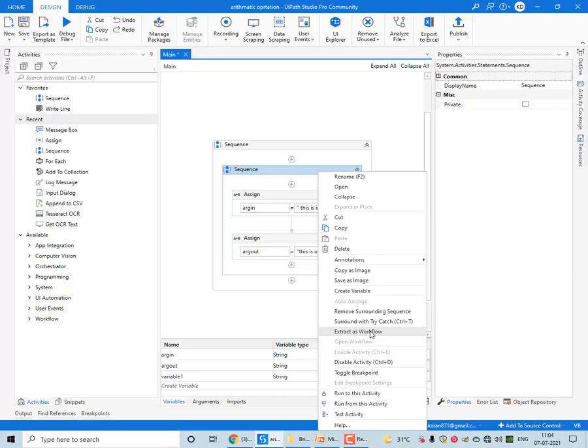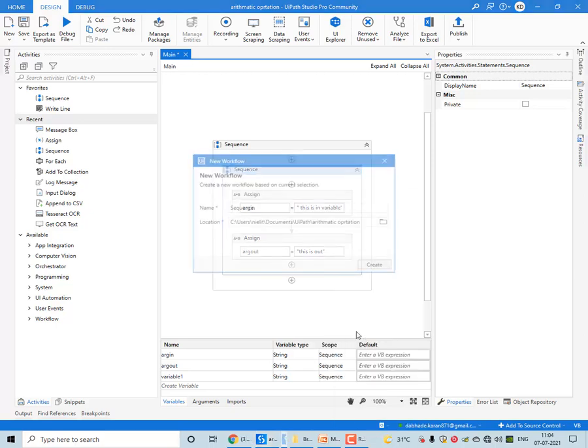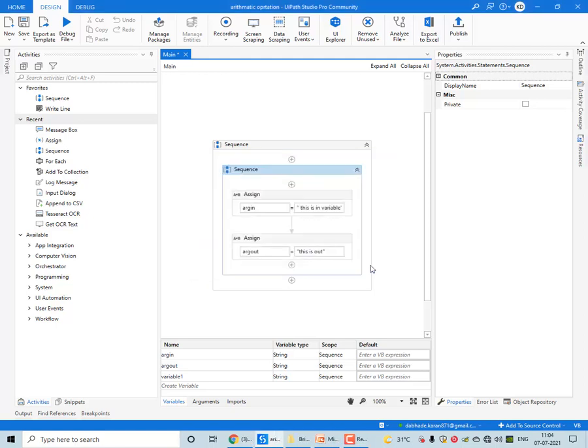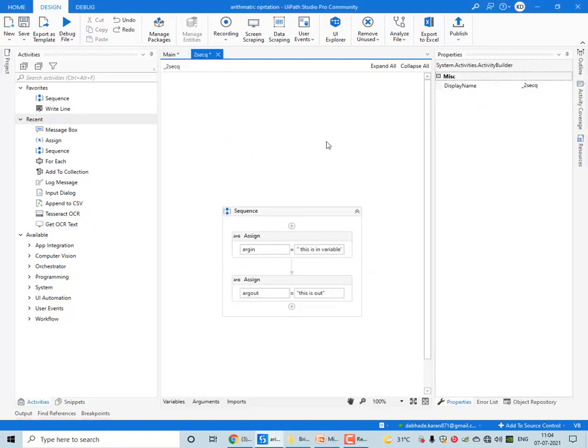Extract as a workflow. By right clicking we can have this option. Give this a name. To sequence create. So here the workflow is created.